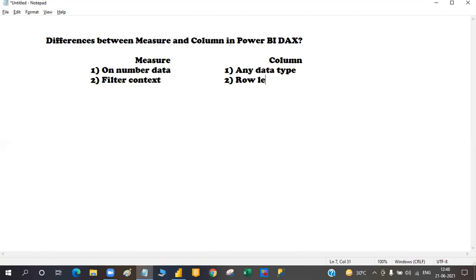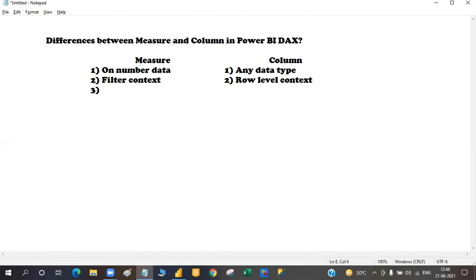A column will do the row by row operation, and measures will do the on the fly calculation.